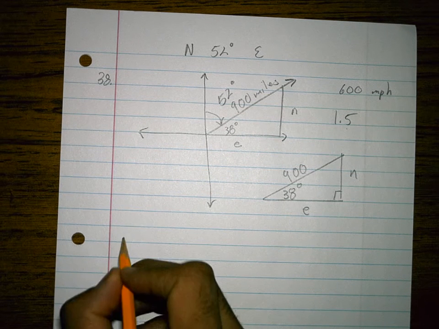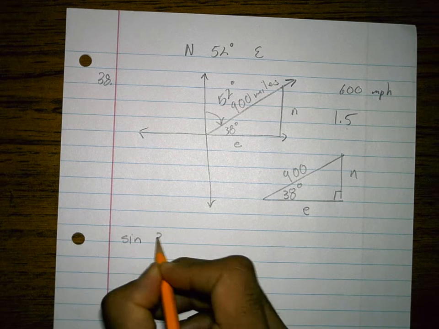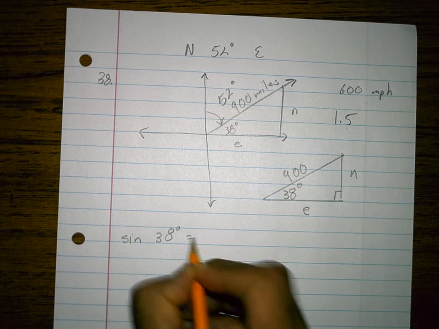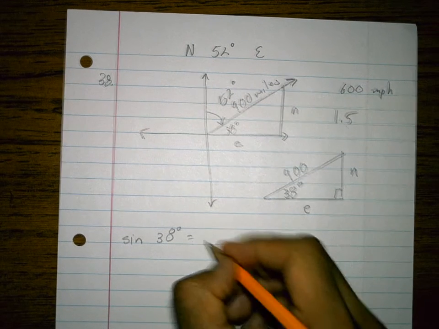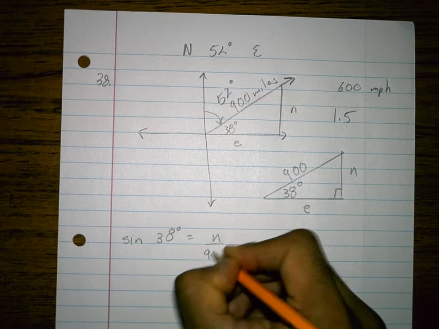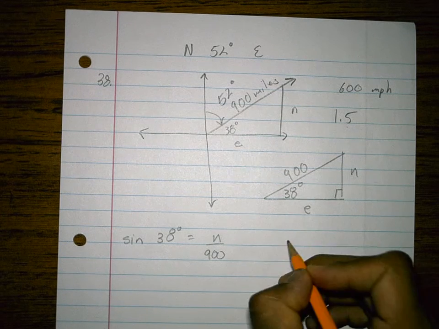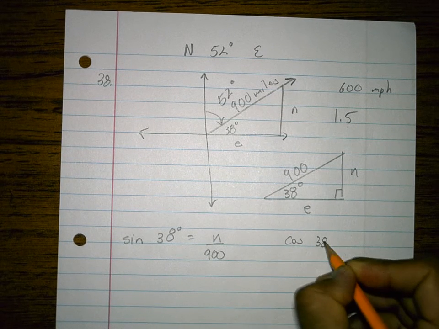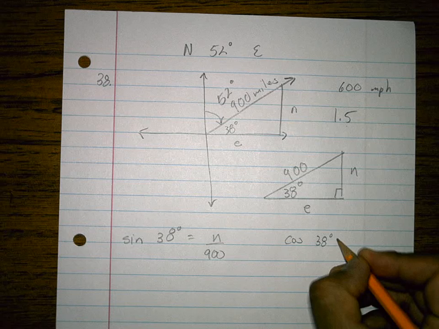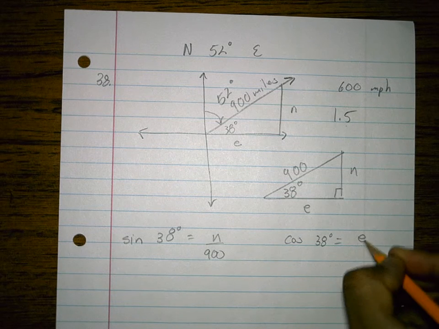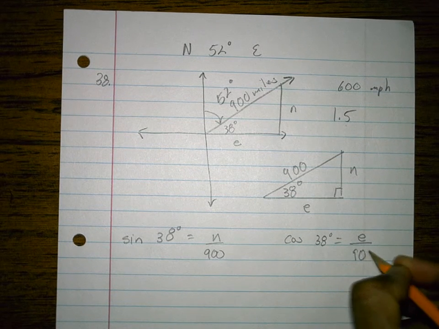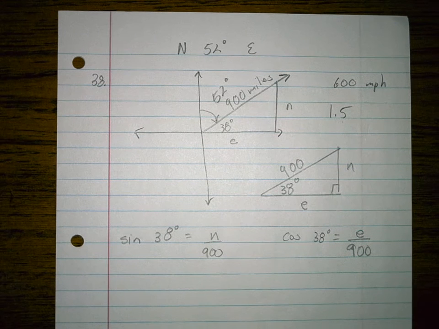So I'll say the sine of 38 degrees equals n over 900, and the cosine of 38 degrees equals e over 900. I'll let you go ahead and solve those, and if you do, the sine comes